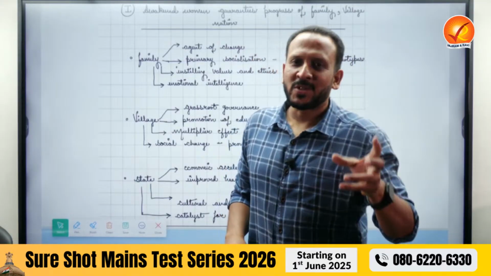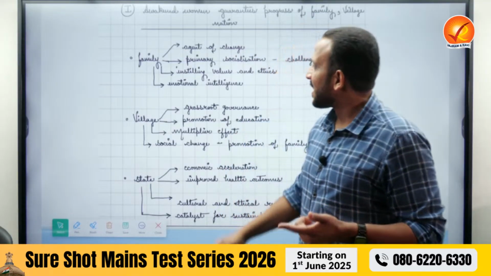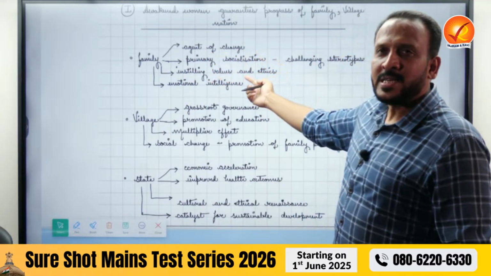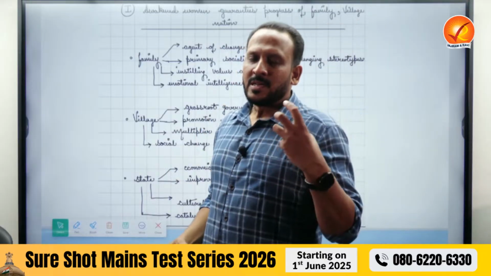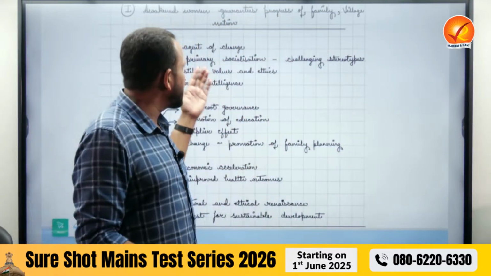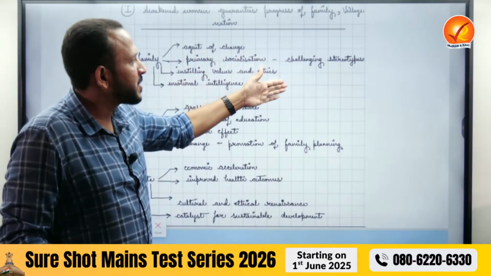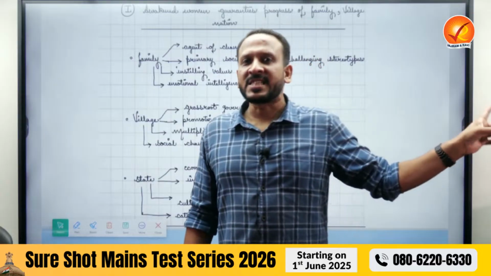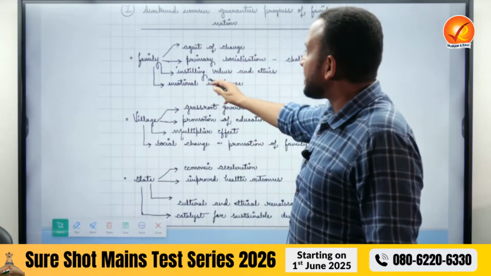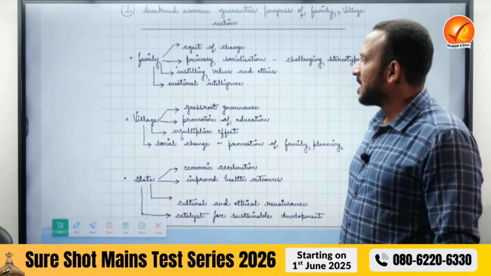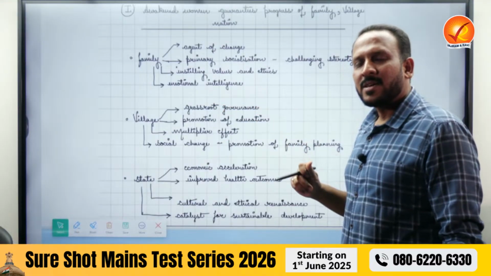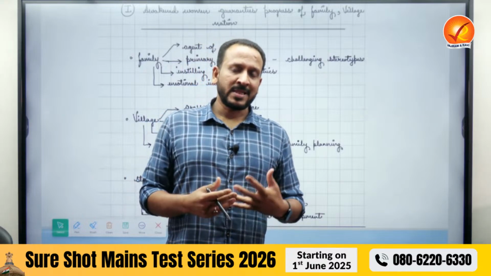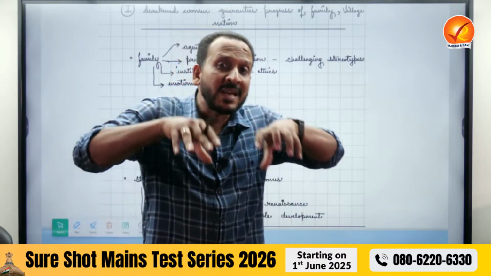Family. When we are talking about the family, how we can link? See, family is the agent of change, right? Primary socialization. Women is the person who is responsible for the primary socialization, right? Challenging stereotypes. Women challenge the stereotypes. Then, right? Instilling values and ethics, right? Emotional intelligence, right? Women, our mother, our sister help us to develop these ethical values at the family level,